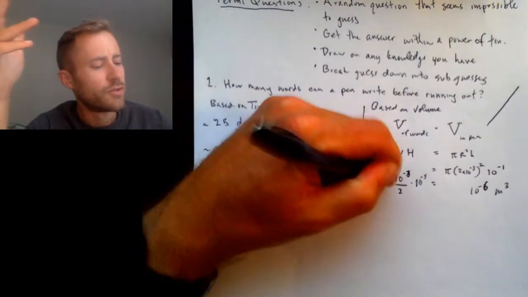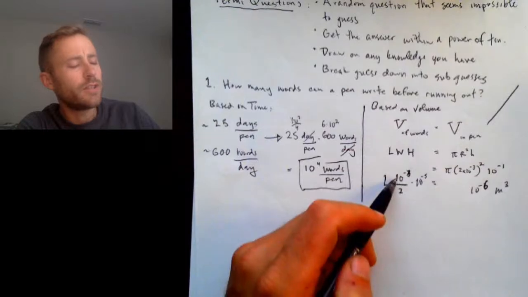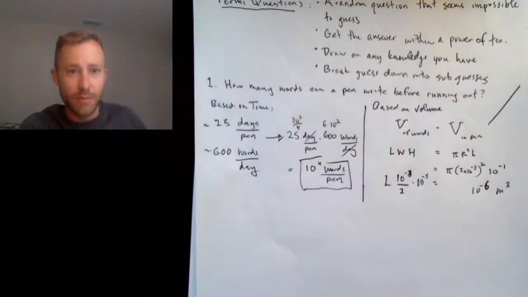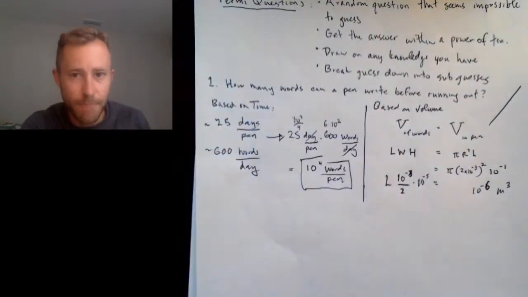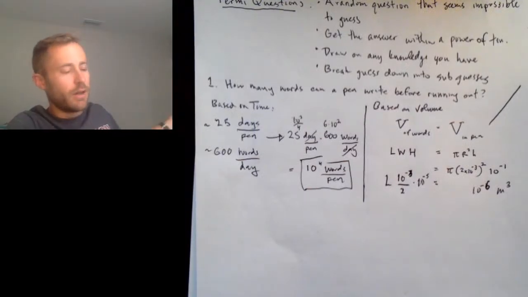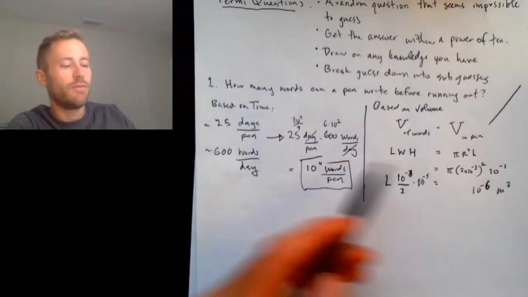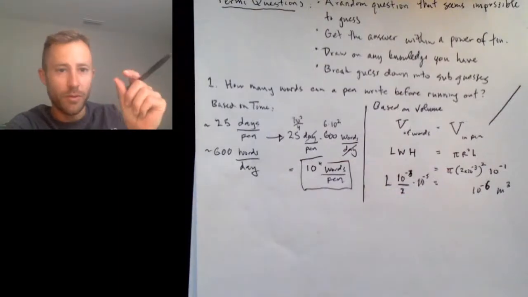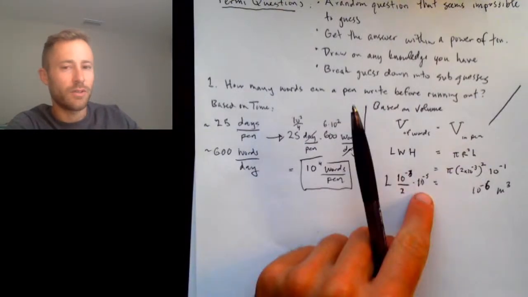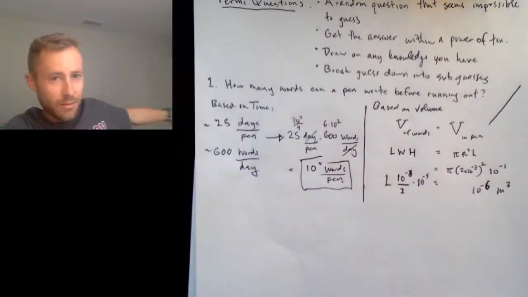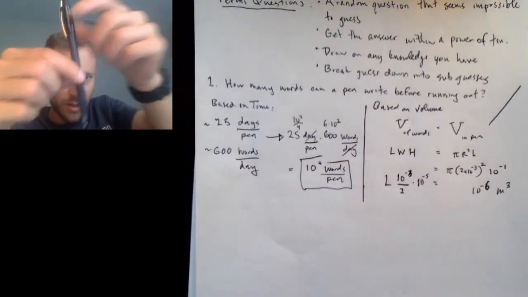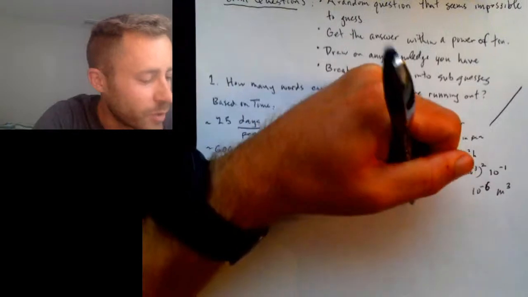Okay? So I can take this and we can solve for the total length of the line that you can make with a pen. Okay? So if you just made one long line with your pen, how long would that line be? So I've estimated the width of the line, the thickness of the line, and so width times thickness times length, that is the volume of ink in the line. Okay? And then the total volume in the pen, I'm estimating from the size of this cylinder. And so what I get is the length,